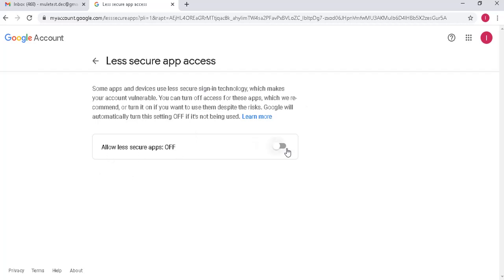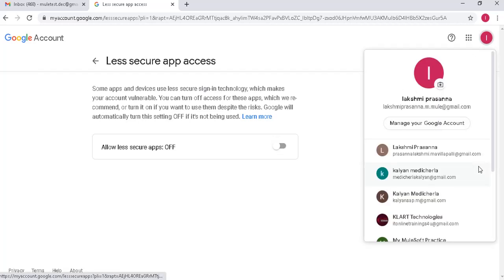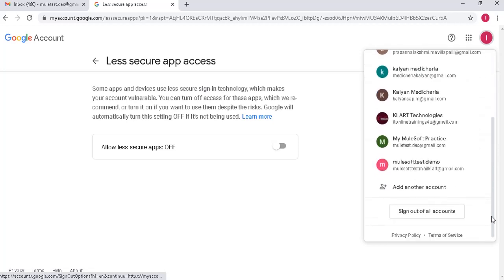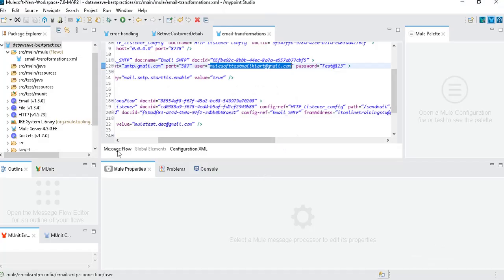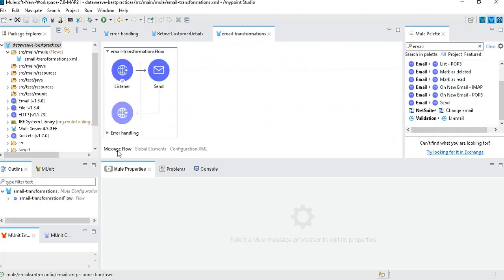You need to enable it. You just click on this, and it will enable the less secure apps. See, I enabled it. Once you click on that button, it will show you on. Now you are good to send emails from outside of your Google account, which means from your MuleSoft application you are good to send emails.